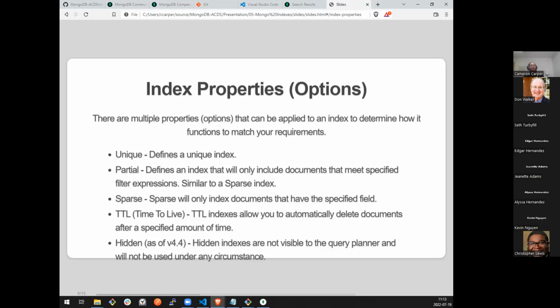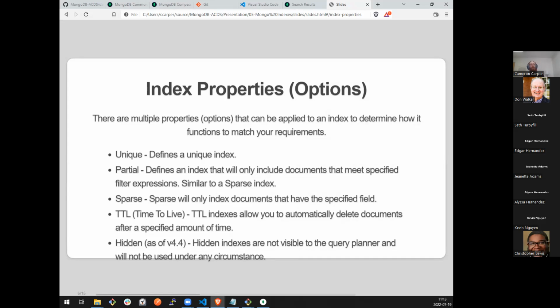So those are the types of indexes we can define. And for each of those types, we can define these options. Unique, again, if you're used to relational databases, a primary key field is typically, well, it's a primary key, therefore it's a unique index, and it also is a required field. That is what a unique index option, or a unique of true in a Mongo index, is. That's effectively the same thing as a primary key.